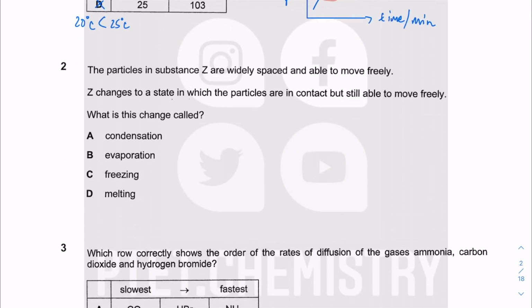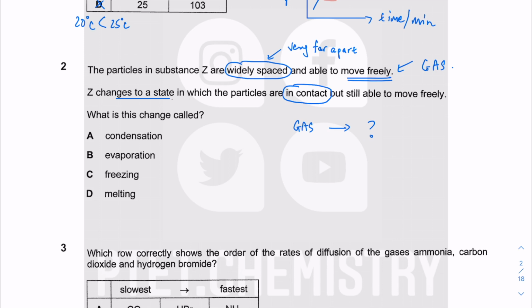Question 2, particles in a substance that are widely spaced. Widely spaced means very far apart, wide, huge separation. So widely spaced, very far apart, able to move freely. We are thinking about a gas really, and they go to a state change. So you're going from a gas to something, okay? Because it's from the gas to something, to the state in which the particles are in contact. So they are close to each other,